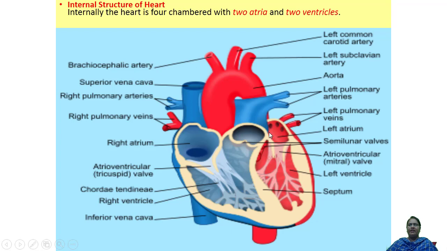This is left atrium and left ventricle. Okay, these are the 4 chambers: right atrium, right ventricle, left atrium, left ventricle. Okay, then